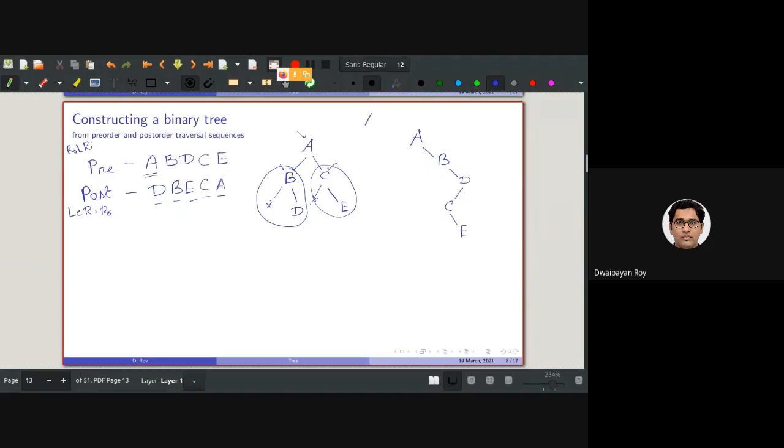Root A, then left, then right, then B, then left, then right, D, then left C, then left, then right E. And what will be the post-order traversal? Left, right, left, right, left, right. So basically left and then left. Okay, no, it should not be the post-order traversal; D should be at the lowest level.